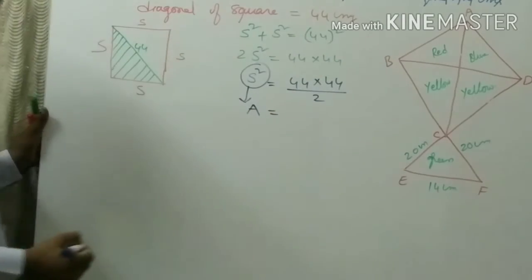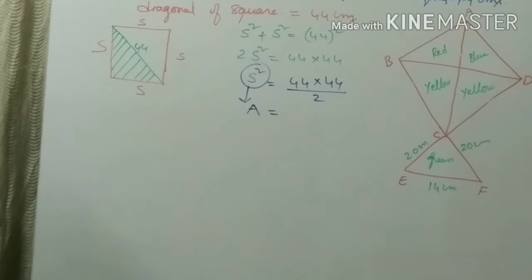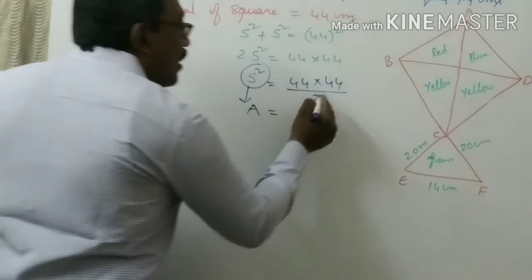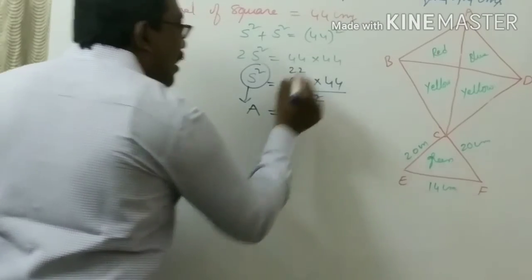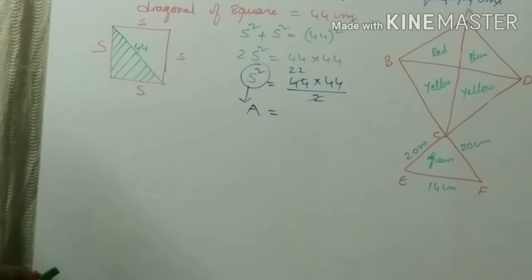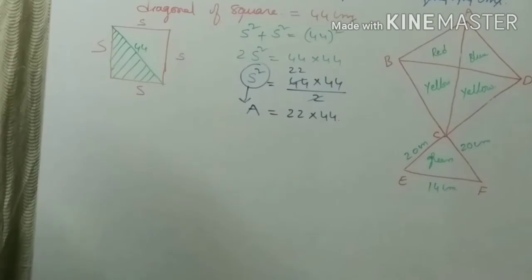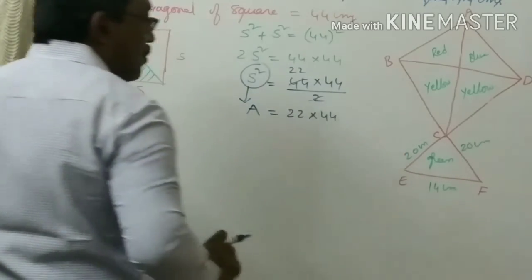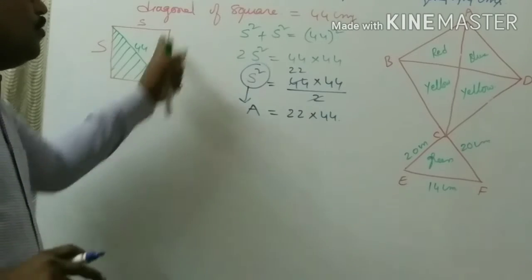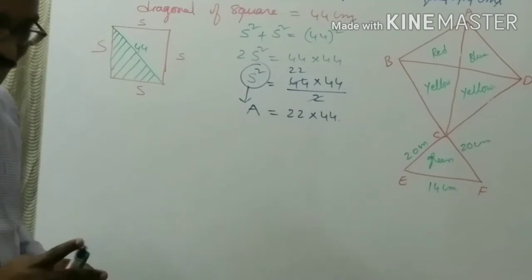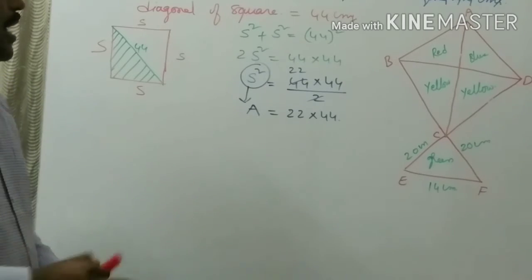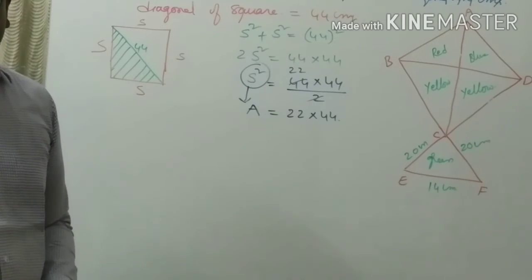area of square. Area of square formula, right, side square. So how many times it is cancelled? 22 times. Now 22 into, now area is equal to how much we got? 22 into 44. Actually, we don't want area of square completely. Here you should apply your logical thing instead of multiplying 22 into 44 and all.